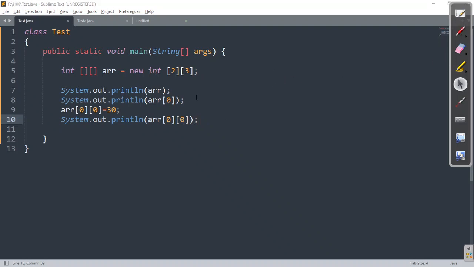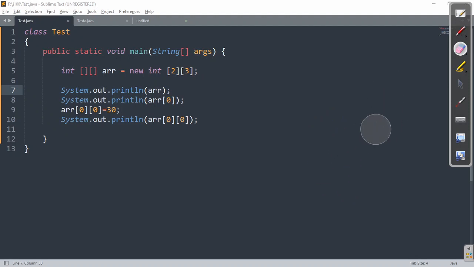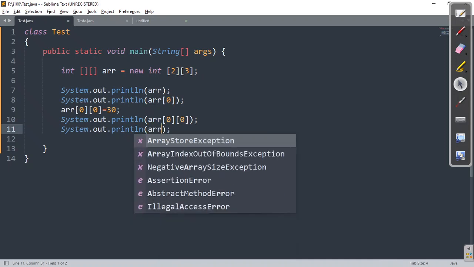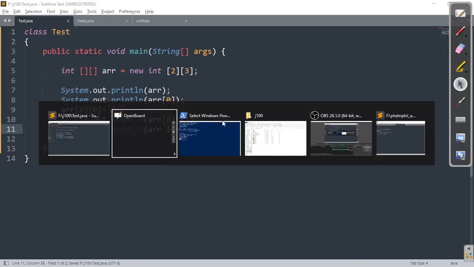Now the question is, can you please tell me what is the length of this array? Because if you follow any other programming language, you will say, sir, this is 2 cross 3. So immediately the length is how much? 6. But here, remember, the length is only the base value. And the base value is how much? 2. Base value is 2. What you can do, since we are dealing with objects, directly we can go with the name of the array followed by the instance variable that is there.